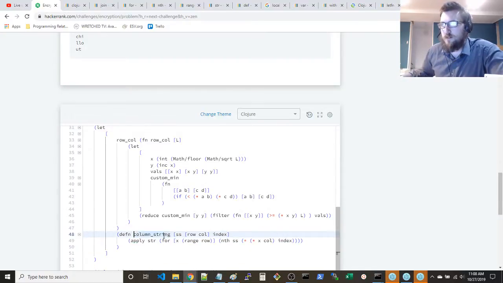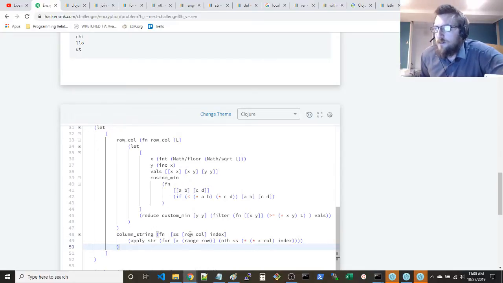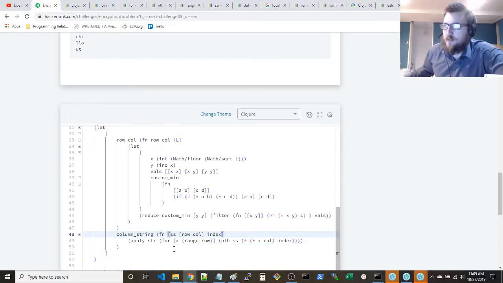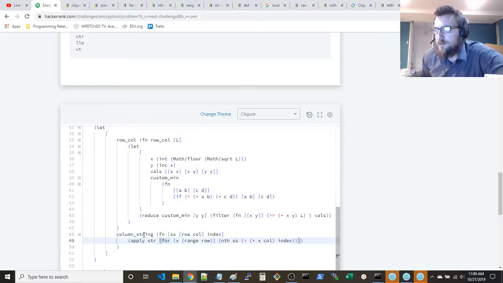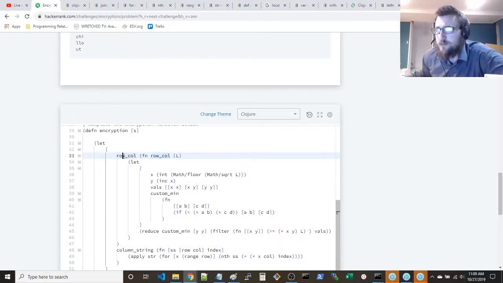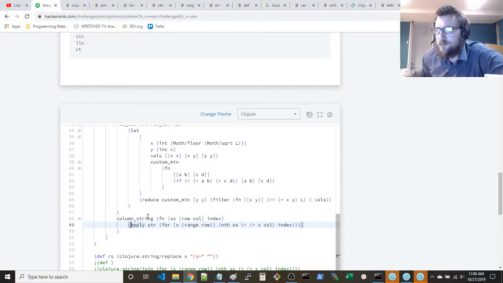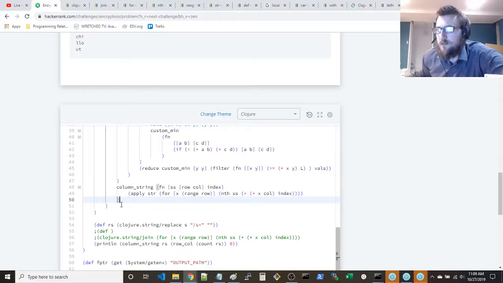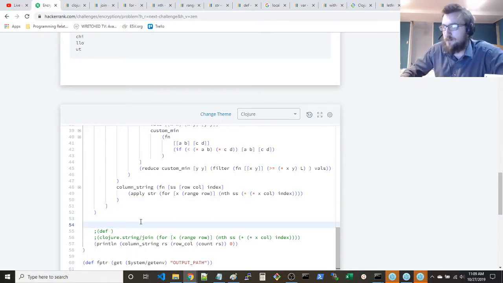Which is going to be the column string name applied to this function, which takes these arguments and builds the strings. This will get us our column string. So we've got this row column function, we've got this column string function, and then finally we want to define yet another symbol